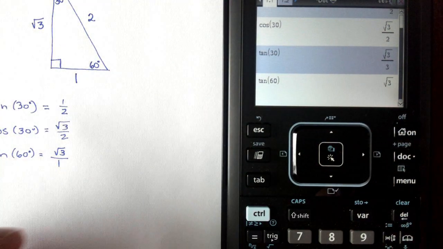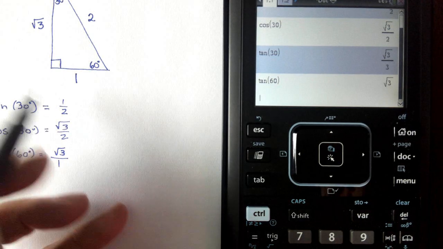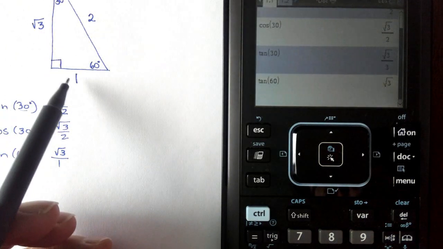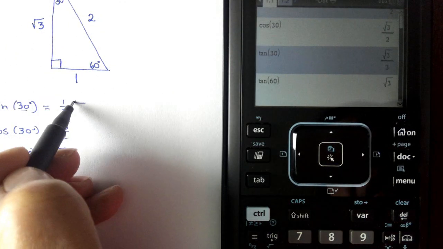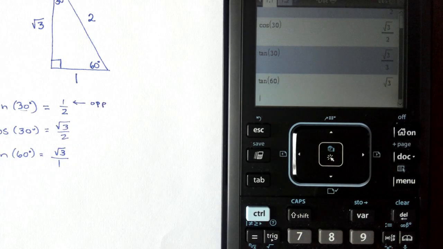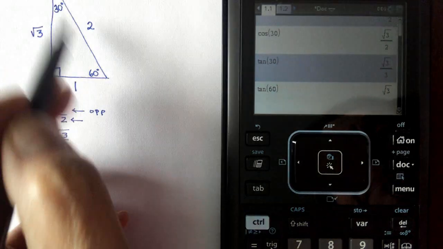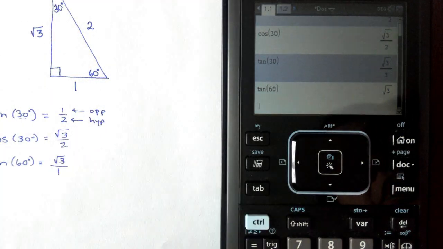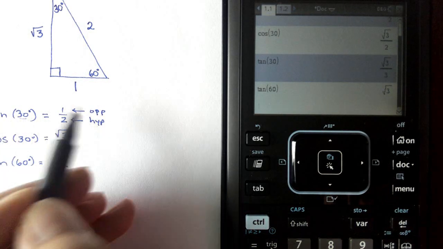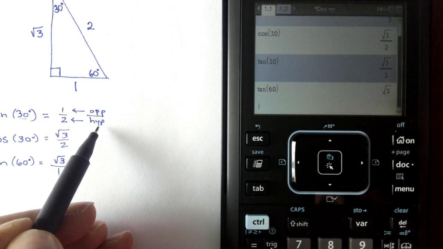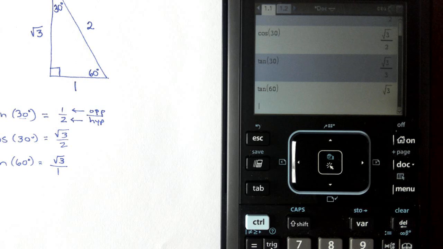It turns out that these are ratios of sides. The 1, with respect to a 30-degree angle up here at the top, 1 is the opposite side. So that means the 1 was the length of the opposite side from the angle. The 2 is the hypotenuse. So the sine of 30 degrees is the ratio of the opposite side to the hypotenuse for the 30-degree angle. It's a ratio of two sides. The calculator knows it's a ratio, and it's programmed to tell me what that ratio is if I know the